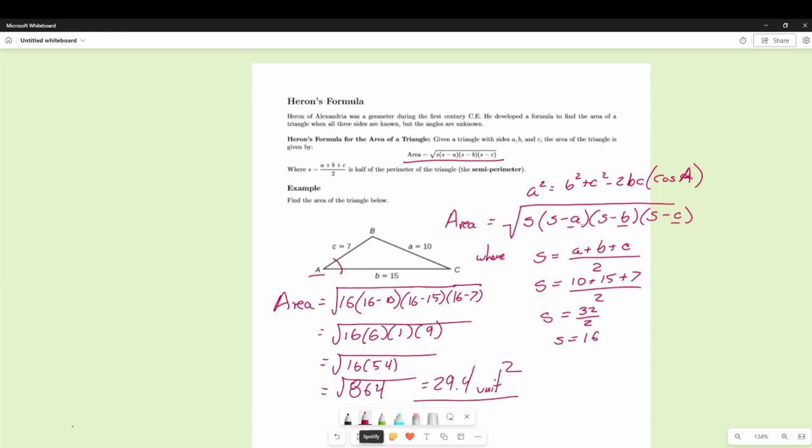So it's not a bad tool. It's a lot of numbers flying around, but the tool works fine. And frankly, computing that with law of cosines and then using our 1/2 bc sine A tool is also a lot of calculations. So either way we want to do it,